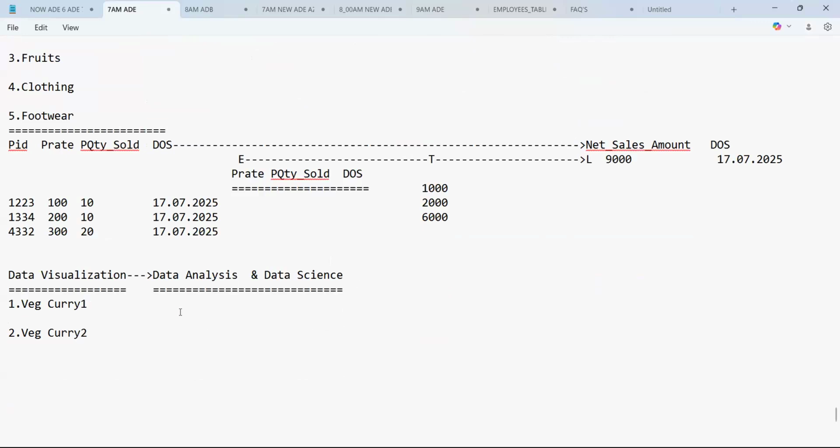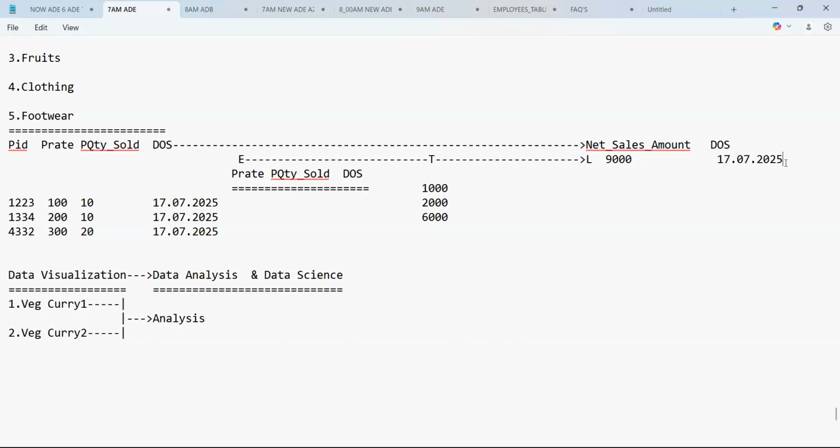If you serve these two to your friend, will he talk about the taste or not? Of course, he will talk about the taste and give some feedback, that vegetable curry 1 is better than vegetable curry 2. He compares the taste of one vegetable with the taste of the other. Unknowingly, he is performing a comparative study to take a decision. This is called analysis. In the same way, data analysis means